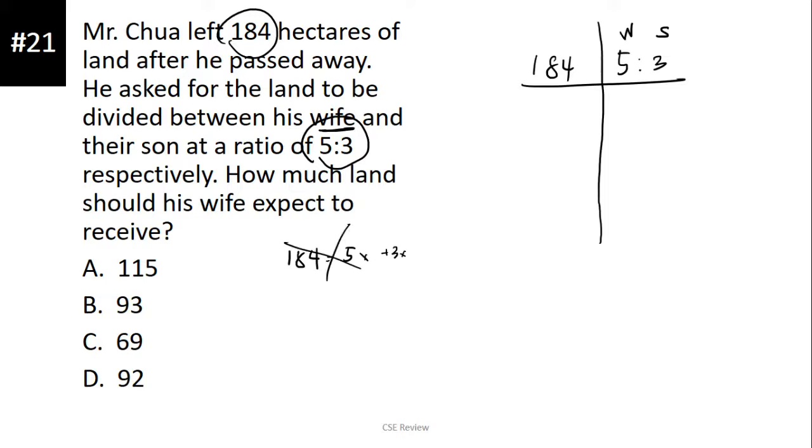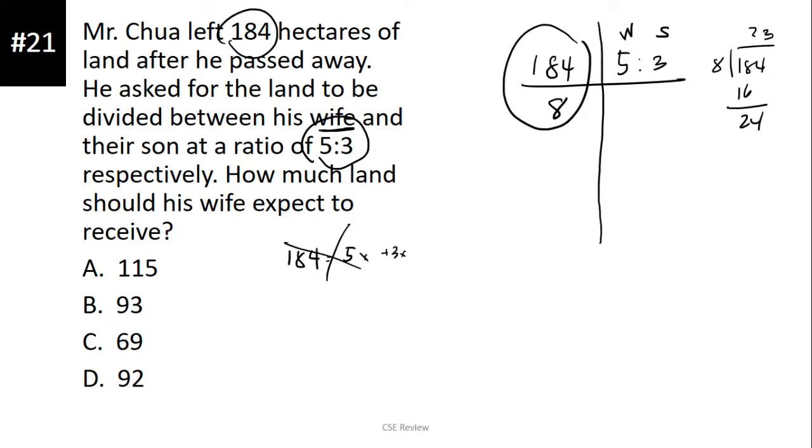Okay? So, ang gagawin natin is 5 plus 3. Kung ano yon, that is 8. 5 plus 3 is 8. Lalagyan natin ito sa ilalim. And then, 184 divided by 8. So, 184 divided by 8, kitang-kita naman naka-fraction na nga. So, isosolve lang natin yon. 184 divided by 8. So, that is 2, which is 16. This is 24, which is 3.